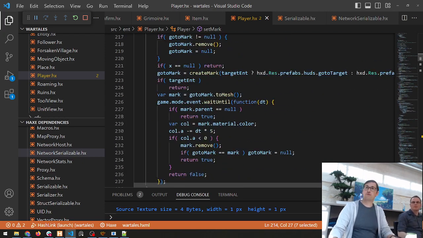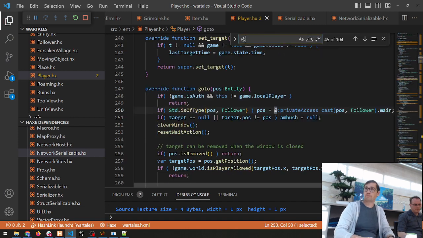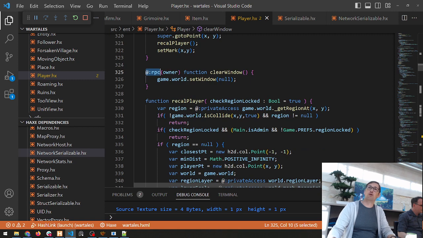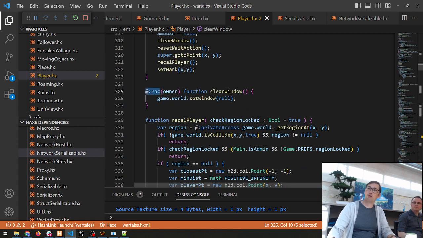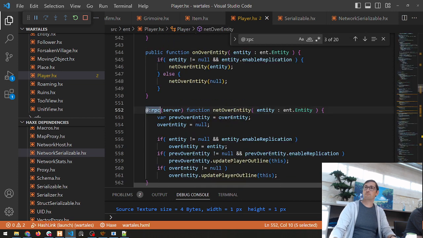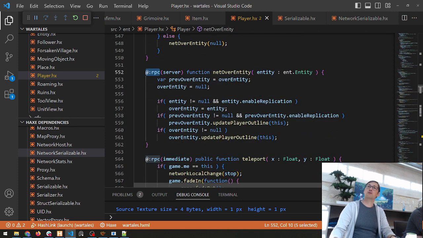And we also have different kinds of RPC. This is the traditional RPC. We have RPC owner. RPC owner means that this call, when it's made on the server, will only be called on the owner of the object. And the owner of the object can be defined on a custom basis. There can be several owners of a single object also. So it allows you to tell which player owns the object, so which player should be the destination of these calls. And we have RPC server,